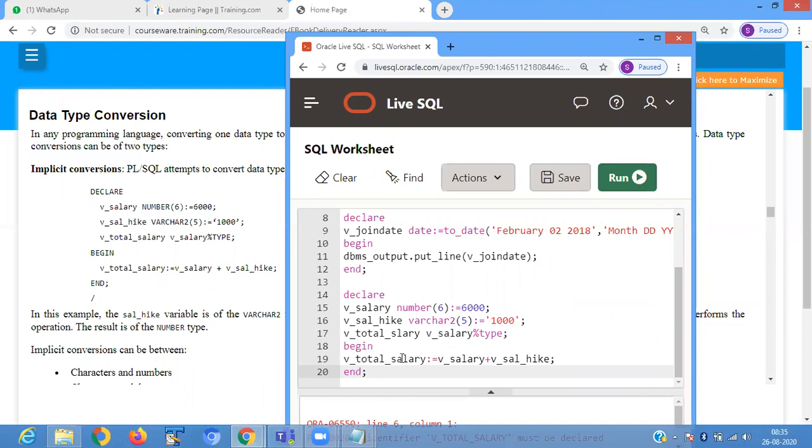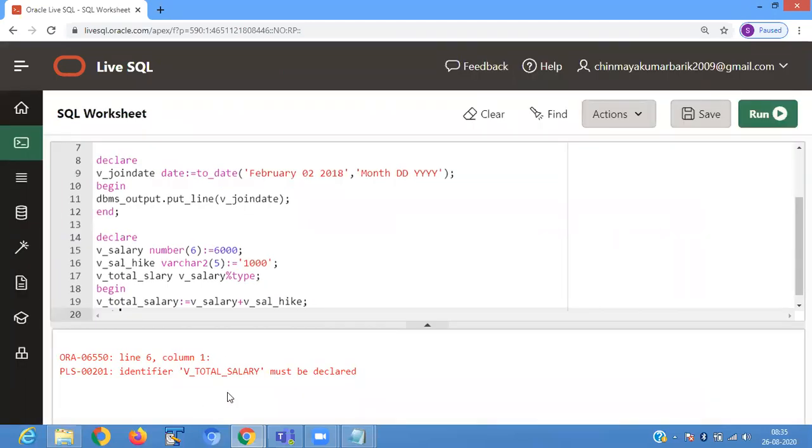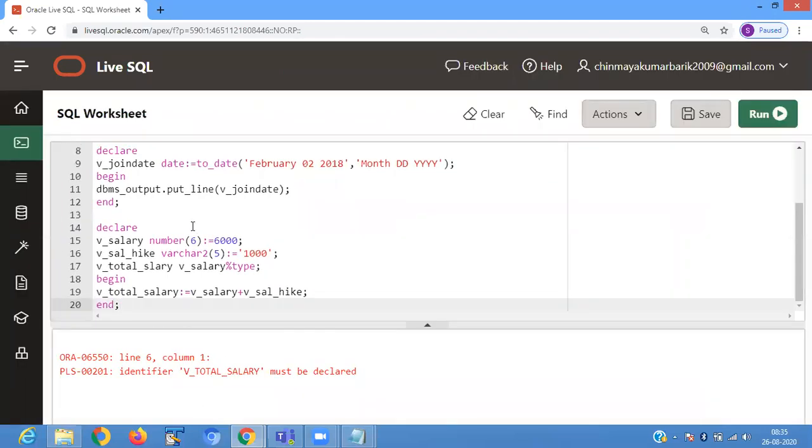Then begin, total salary equals v_salary plus v_salary_hike. Then end. When you execute this statement, it shows an error because here the numeric and string cannot be added.